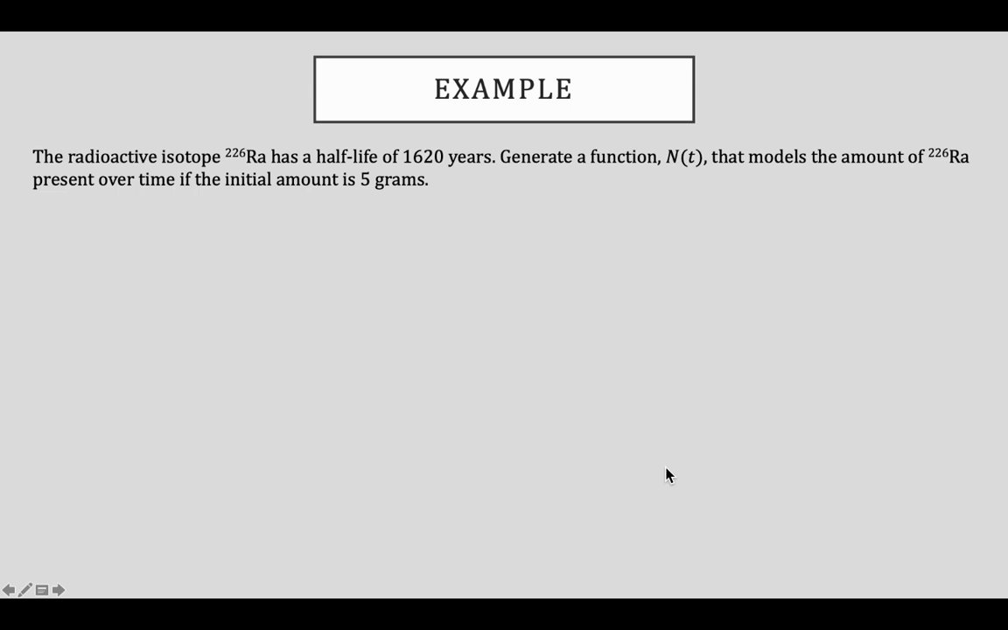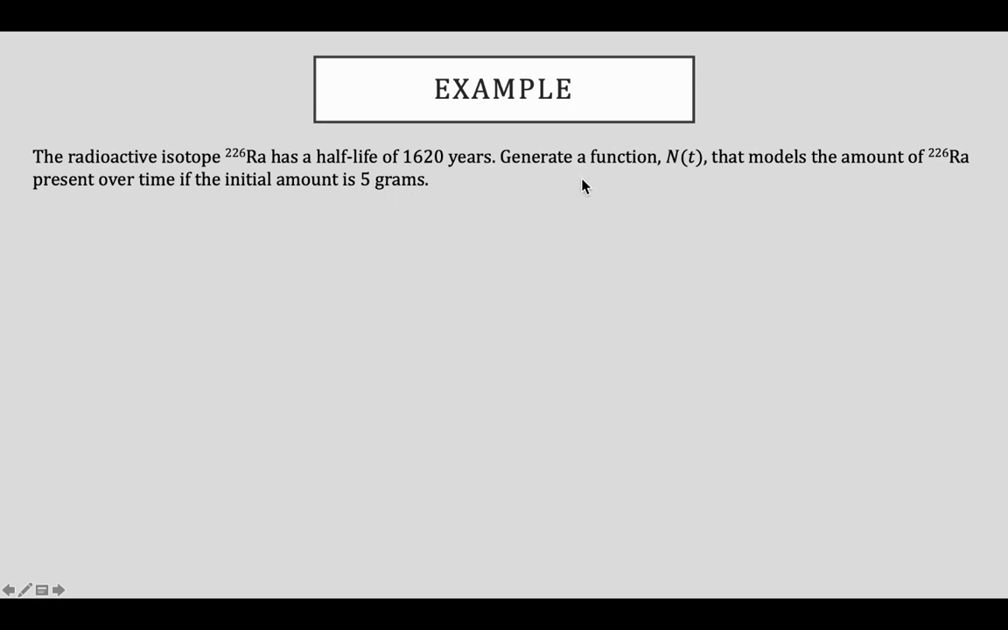Let's take a look at another model, this one involving exponential decay. The radioactive isotope 226Ra has a half-life of 1,620 years. Generate a function N(t) that models the amount of 226Ra present over time if the initial amount is